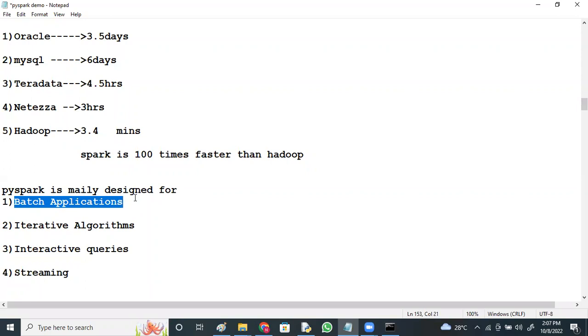See, batch applications and online applications: there are two types of applications. Online applications means a user is compulsorily required to give the input. If you want to make any transaction, a user is required. If you want to book anything online, a user is required and gives the input. But for batch applications,